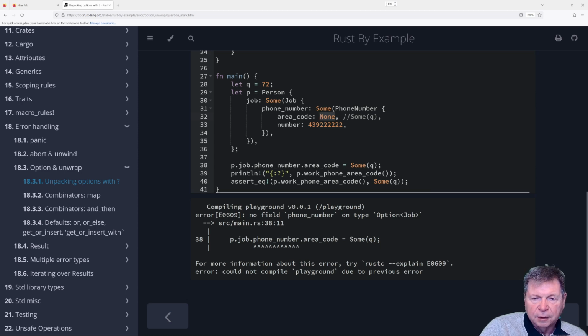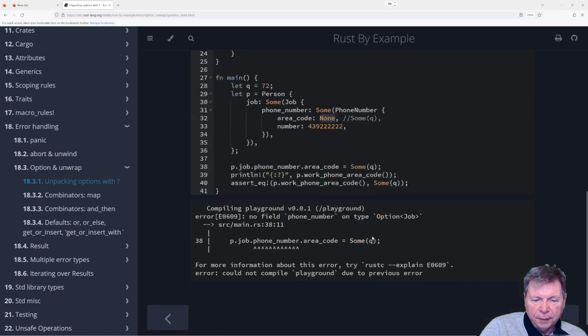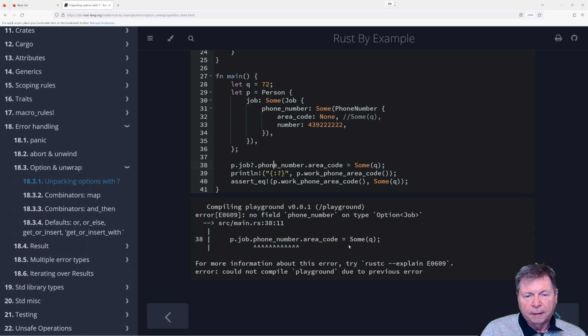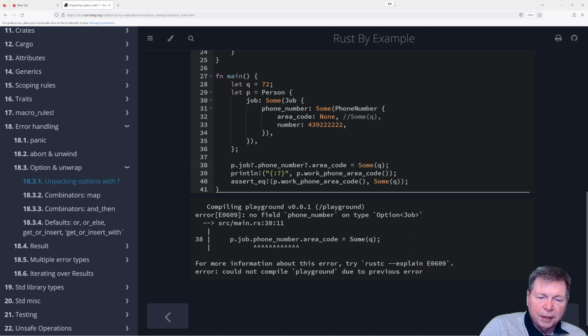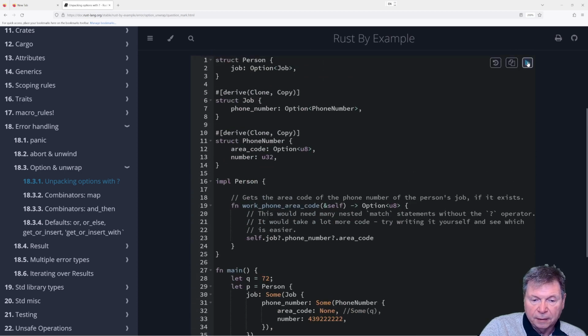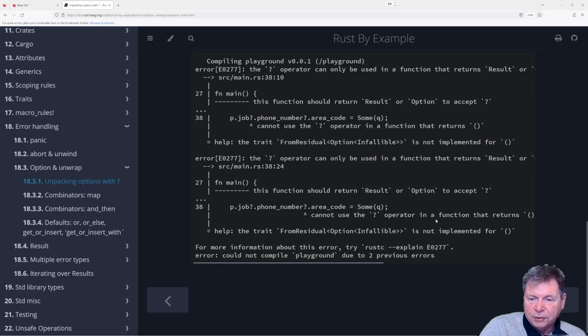How do we get at that? Or maybe, can we do it this way? So this one thing is on in the C# world, this doesn't work. It can't be on the left hand side. It has to be on the right hand side of the equal sign. Let's see if this works here. And nope. Cannot use the operator on a function that returns. Yeah, no, can't do it.